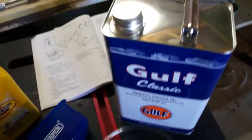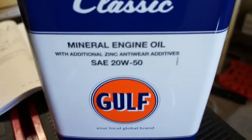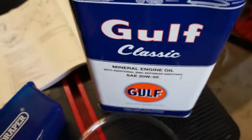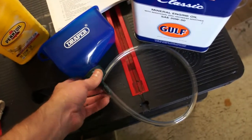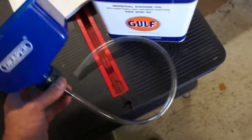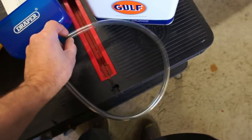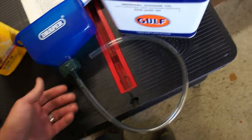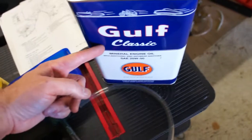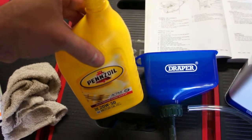Okay, now to fill the oil back up, what specification is standard 20W50 engine oil for the gearbox. As you've seen, the filler port is in a precarious location, so what you need to do is get one of these fillers with a flexible tube, or there's some that are made with metal or whatever, but it just makes filling the whole thing a lot easier. And what I'm going to do is I'm going to transfer my new Gulf 20W50 over to a regular size